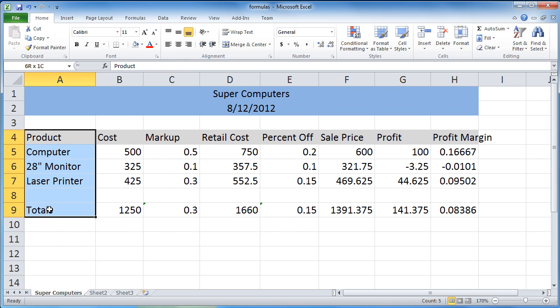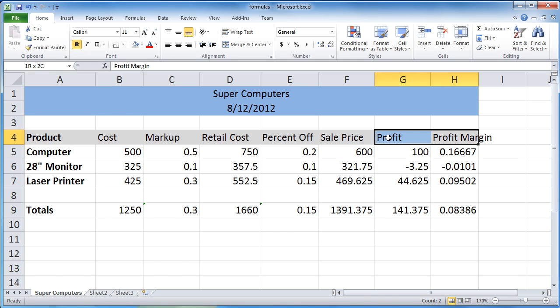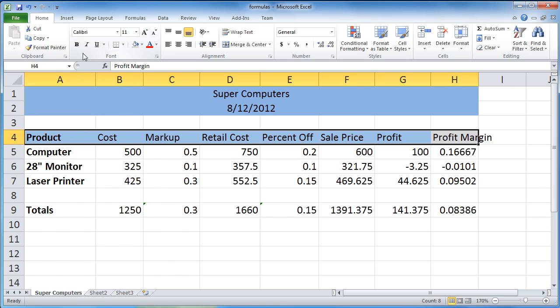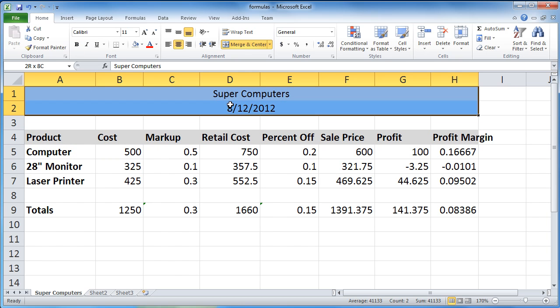I'm going to highlight the text under the product area, and select B for bold. I'm going to go across and do the same for our header information, and the same thing for our store label as well as the date.